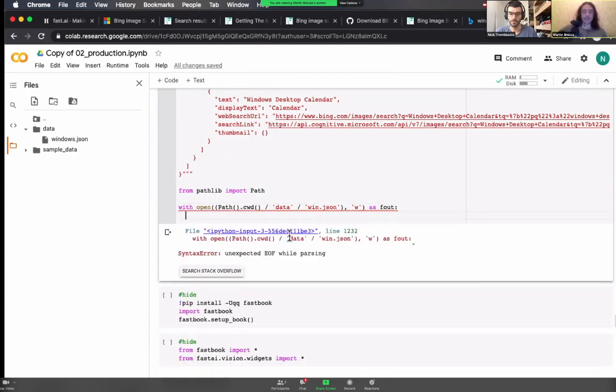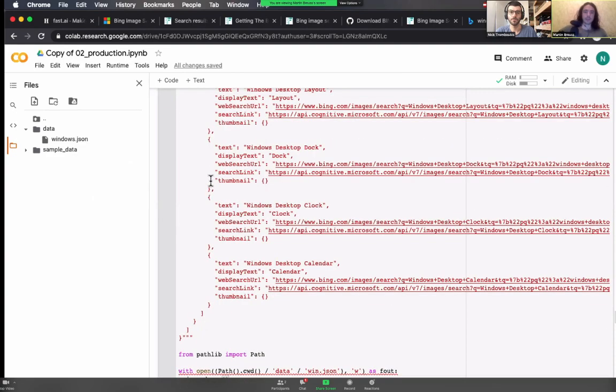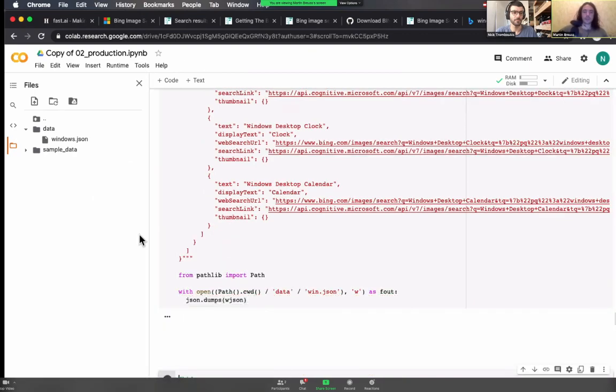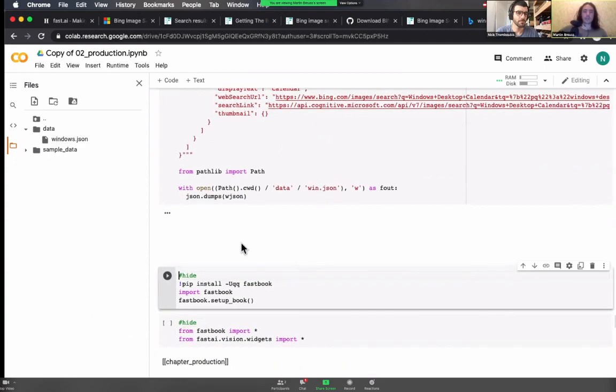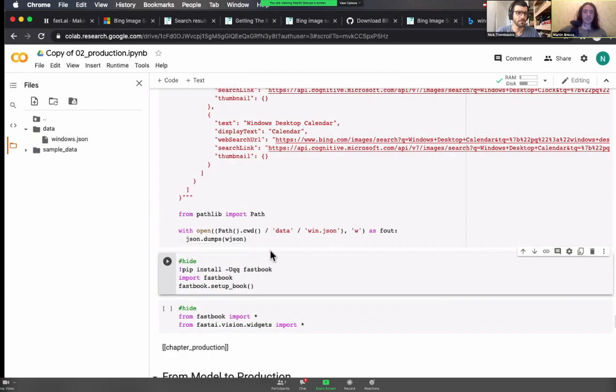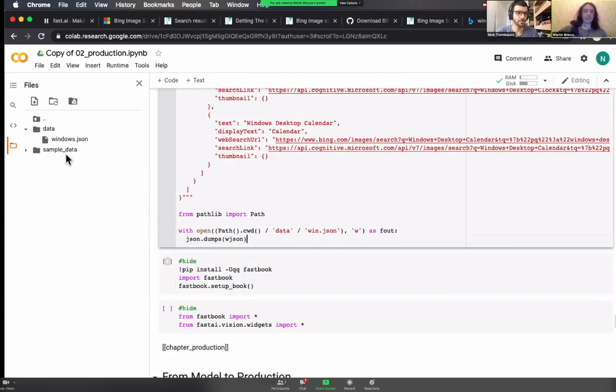Yes, I know. JSON dumps. And what did I call it? Like WJSON. Okay. And now, do we have it? It's not complaining. There it is. Nice. Ta-da! Let's get rid of the empty file